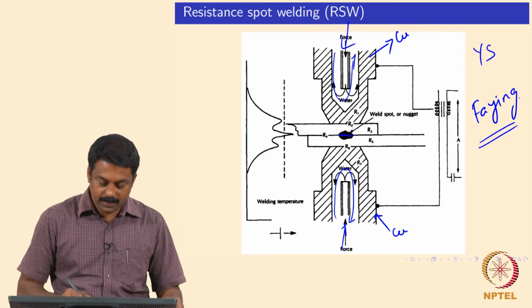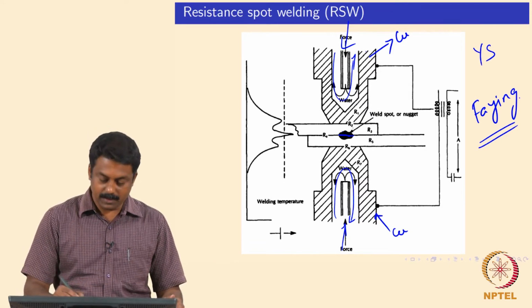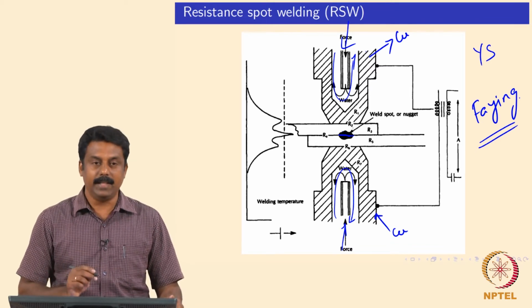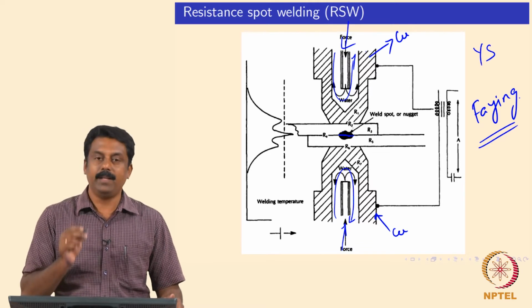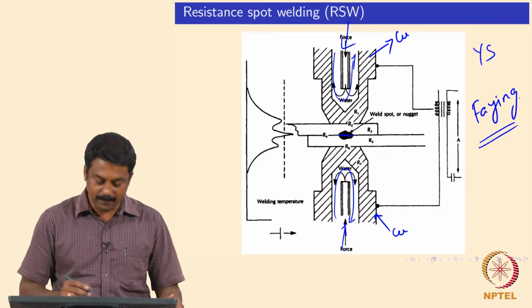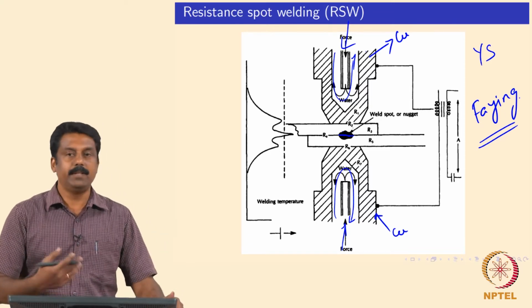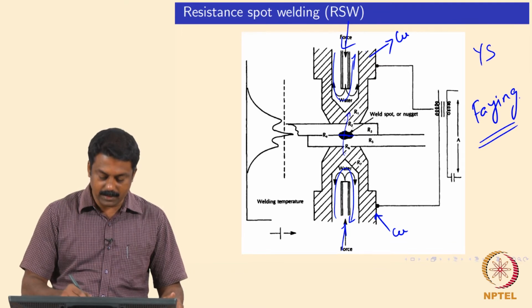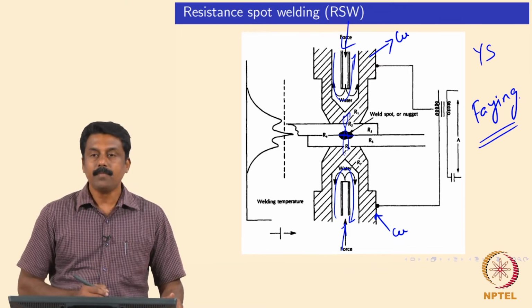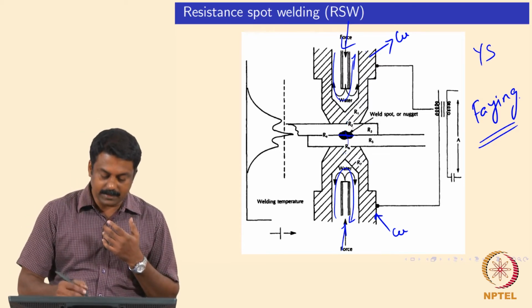Now, if a current flows from one electrode to the other, make it positive or negative, whichever way, generally we use an AC current in resistance spot welding, for a very specific reason. We will come back to that later. So, imagine now you pass an alternating current. In every cycle positive and negative are changing, and sometimes electrons flow in this direction, other times in this direction. But ultimately the flow of electrons is hindered by the various resistances in the system.